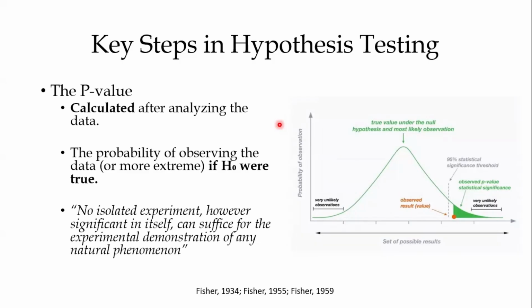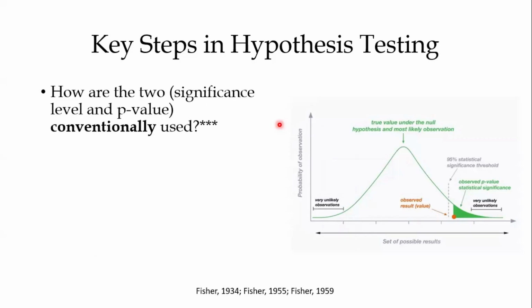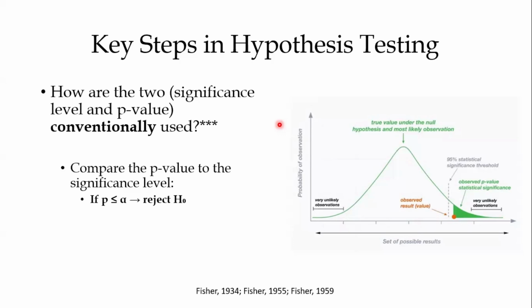What is the direction of the difference that we've seen? Is it that the drug was more efficacious compared to placebo, or was it the other way around? Just tells us there's a difference. Does not tell us the direction or magnitude of the difference. So how are the two usually conventionally used? So usually you compare what you've computed, which is the p-value, vis-a-vis the threshold that you had set, which is the significance level. So often, if the p-value is less than the threshold that you had set, often you reject